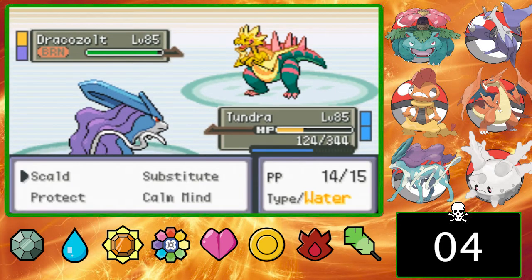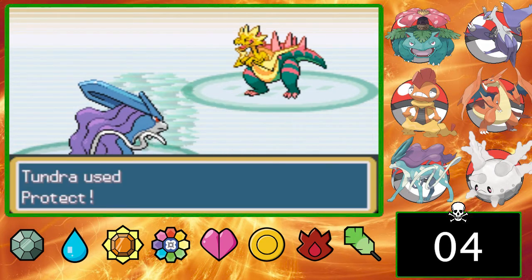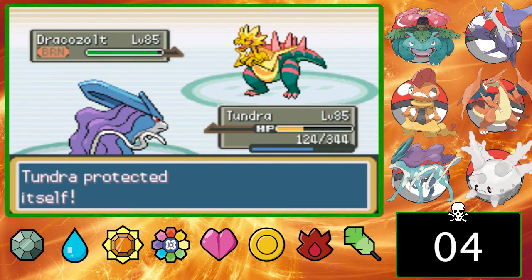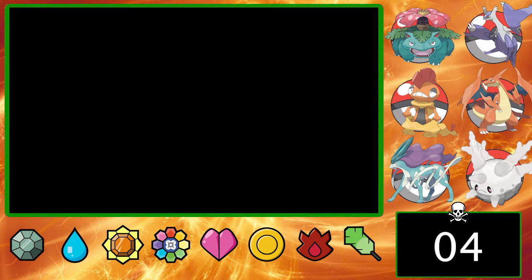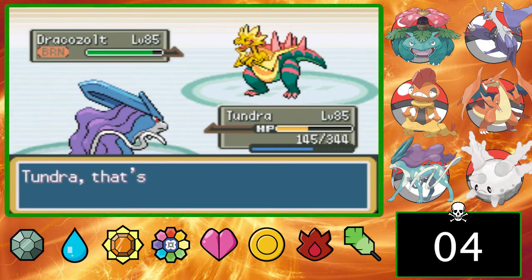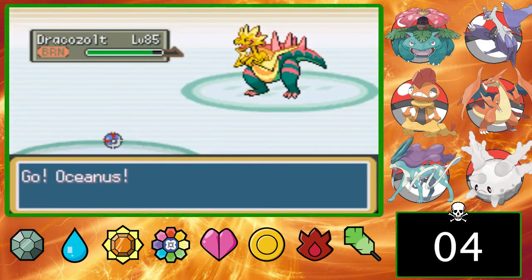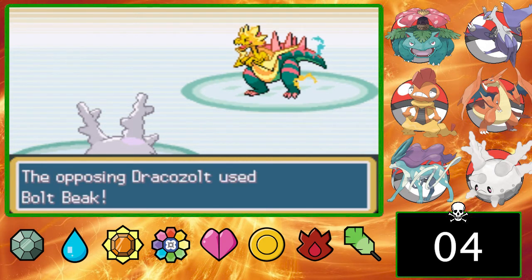Okay, into Draco's one. I'm gonna go for Protect, get a little bit of extra health back thanks to Leftovers. Because super effective Bolt Beak or not, it can't get through Protect. If it's an Energy Field, it could, but it's not an Energy Field. Okay. It's a burn chip. I'm going to hard switch into Corsola. So everyone can take it. It can take damage from...